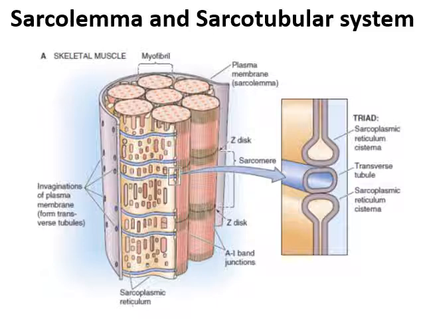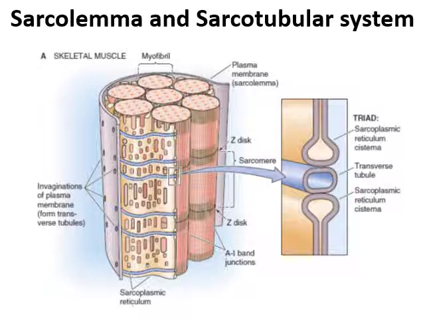Now this modified endoplasmic reticulum, that is sarcoplasmic reticulum, along with the tubule forms the sarcotubular system, which consists of T tubules. This blue tubular structure, which penetrates the muscle fiber at the junction of the dark band and the light band, is called the T tubule. And this yellow structure is called the sarcoplasmic reticulum.